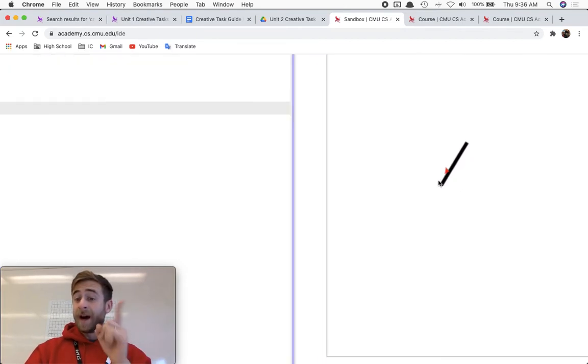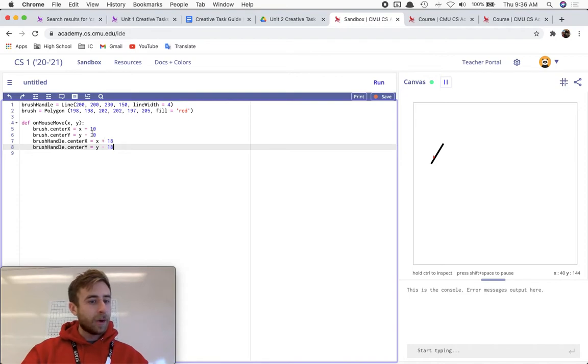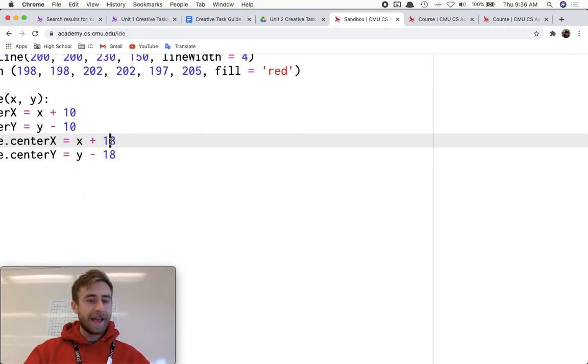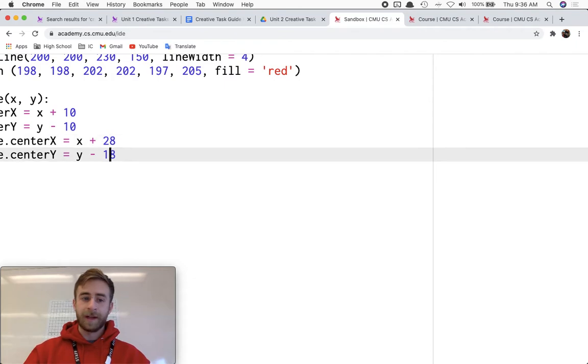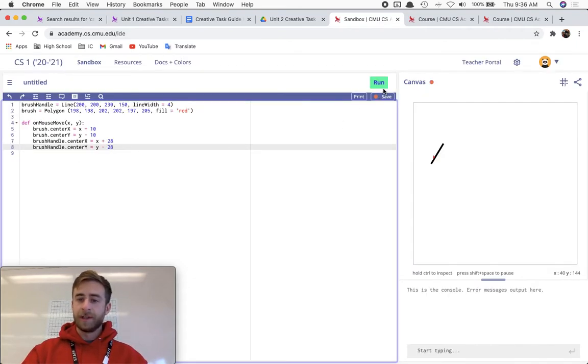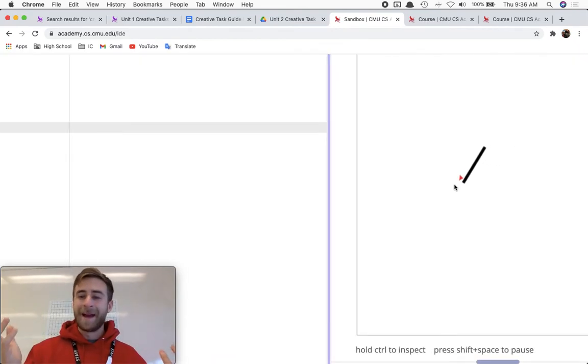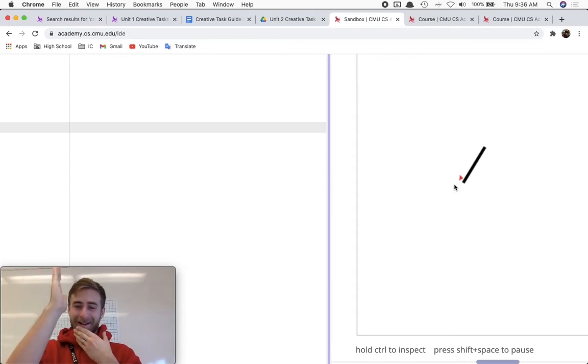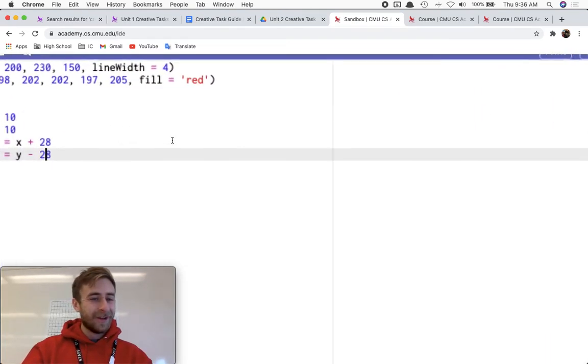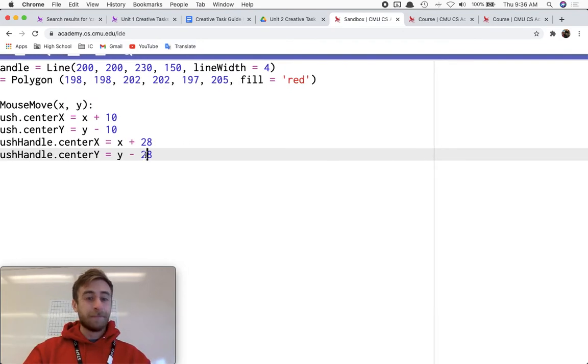Okay, so this is fine. This is fine because I added 10 over here. So if I just make this 28, not 128, if I just make this 28 each, does it just work perfectly? No, alrighty, well, my math wasn't perfect at the first guess, so we're just going to guess and check. It looks like I need to go up and a little bit to the left. So to go further up, I have to make this more negative. Let's try, that's going to be too much, I bet. A little bit to the left, it didn't seem like it was that far to the left, so let's make this